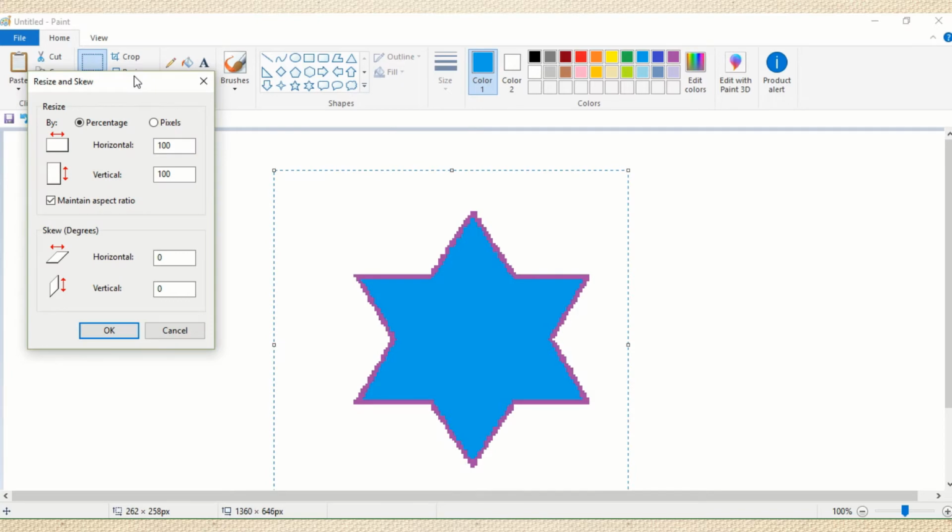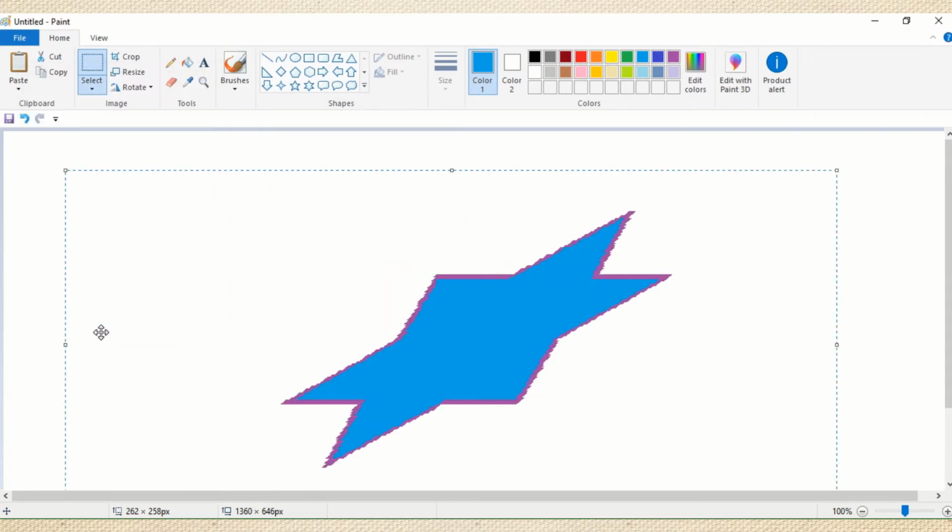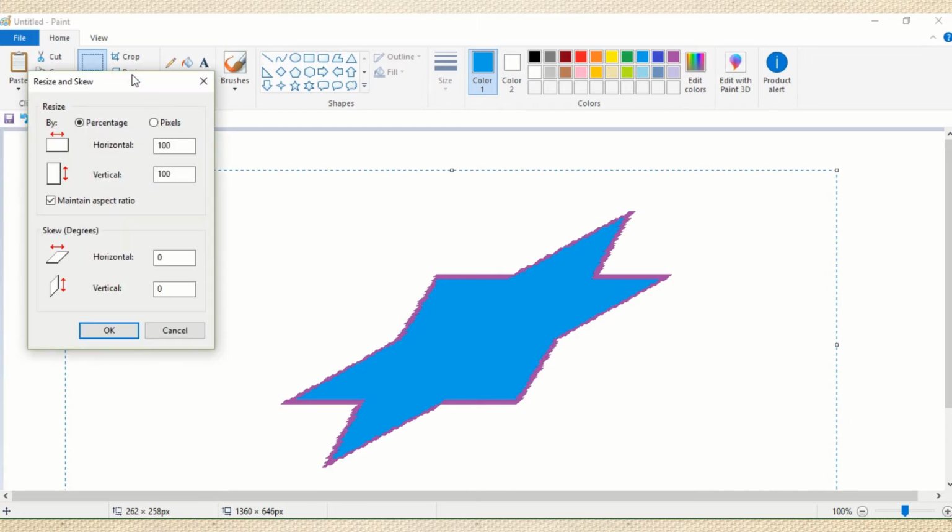And the next topic is skew. This is horizontal and this is vertical. How to change? If you change the options here, say I write here 50 and click on OK, you can see the image changes its size, or it is stretched now.